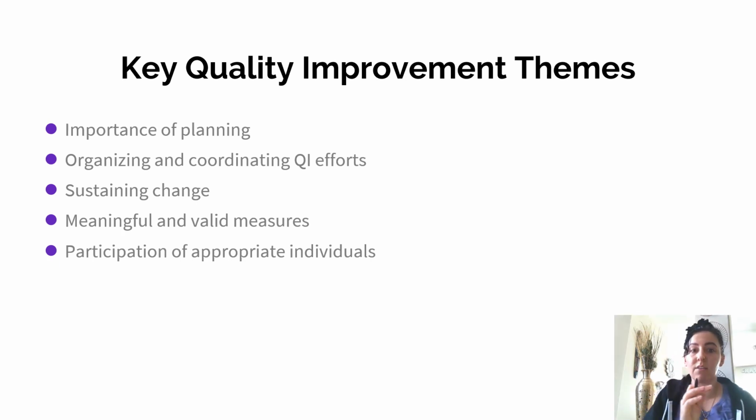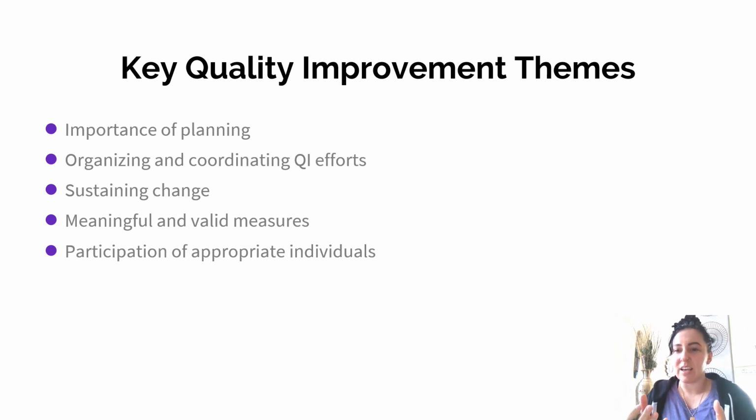You should have meaningful, valid measures that actually can tell you something about what is going on, if you're doing something that is actually improving the quality, or if your efforts aren't even working, you're not getting anywhere with that. So measurements are very important. Okay, and also the participation of the appropriate individuals,